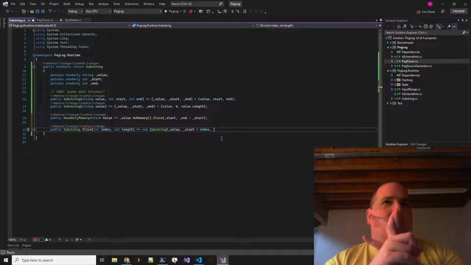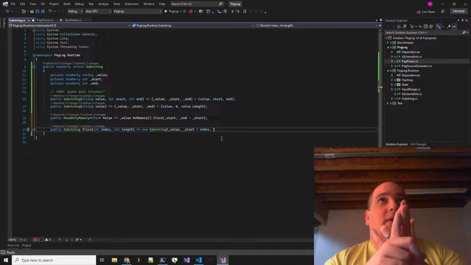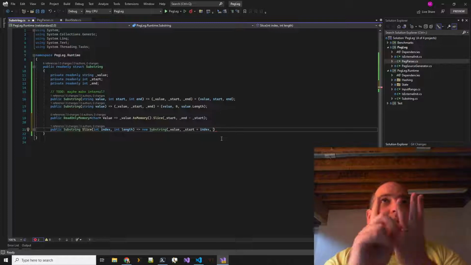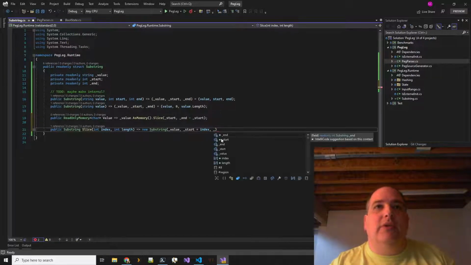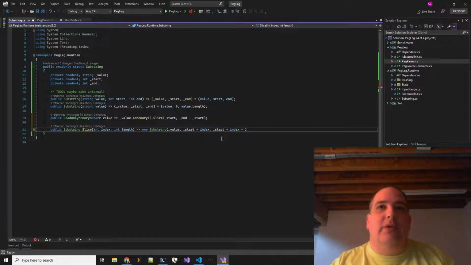Is that it? That's all we need? I think so. Yeah, underscore start plus index is the new begin, and then the end would be the length added to that. Yeah, okay. So we just want this to be start plus index plus length.